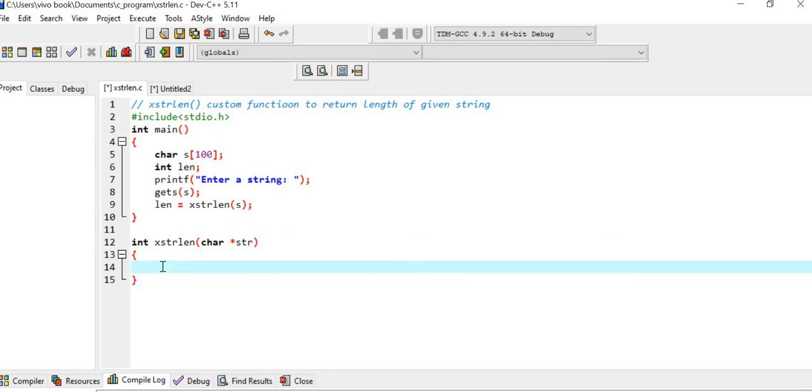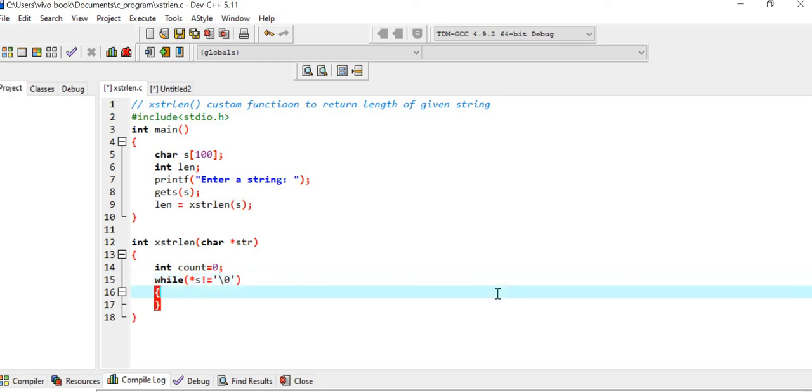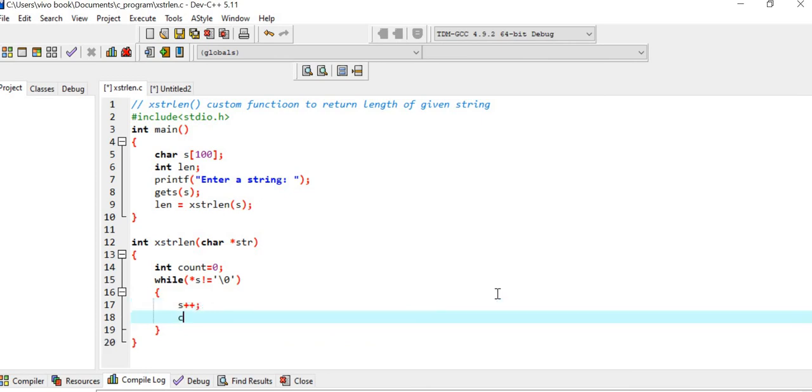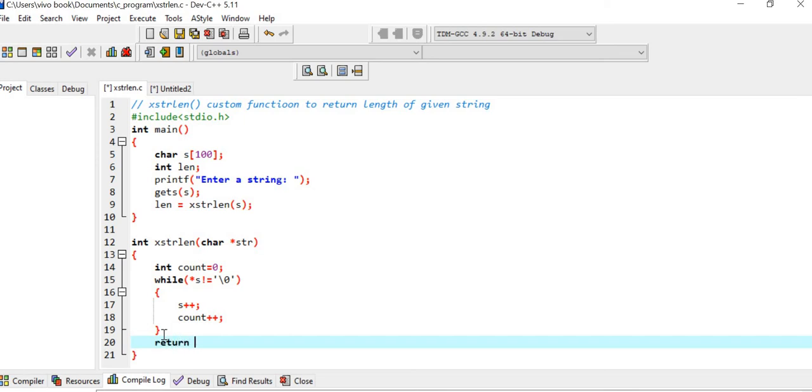Now let us write the code. I'll declare a count variable as 0. Now while *str is not equal to \0, we need to keep on incrementing the address and incrementing the count. Once the loop is terminated, we'll return the count value to the main function, so return count.